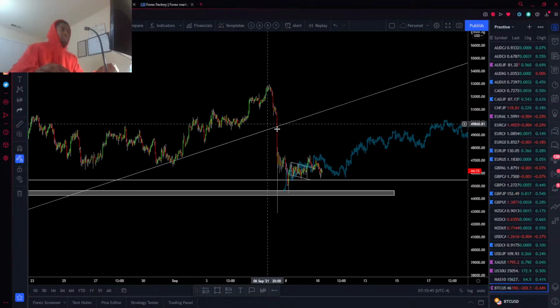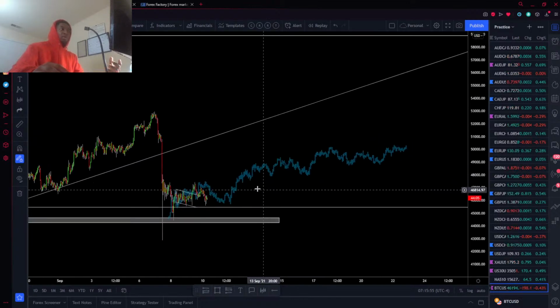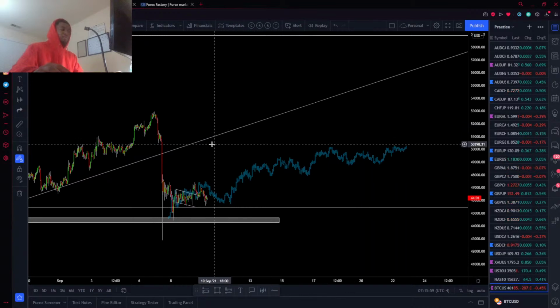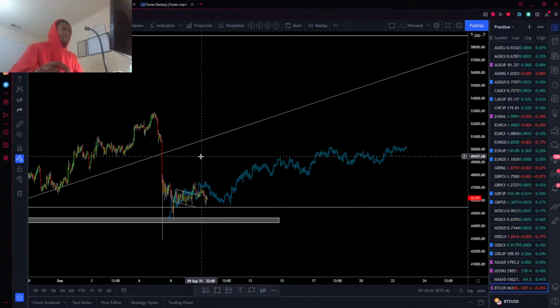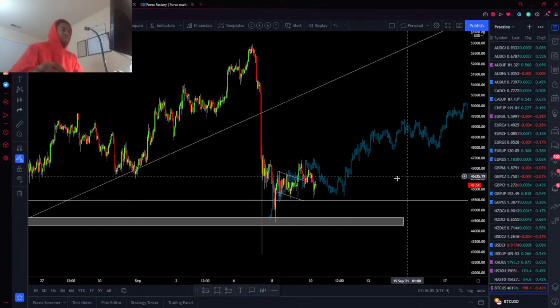Of course, we got this aggressive crash here, but that's unsustainable movement. After unsustainable movement, I like to see sustainable movement in the opposite direction. So I'm looking for price to scale up correctively, pretty much how I have it drawn out here, and actually for an extended period of time, at least back up to this high or close to it. So those are the opportunities I'm looking for on Bitcoin at the moment.